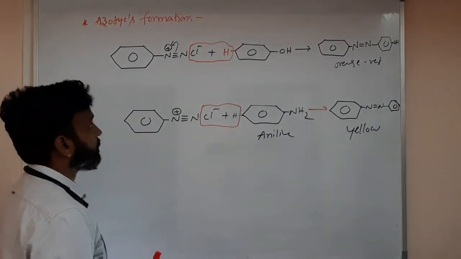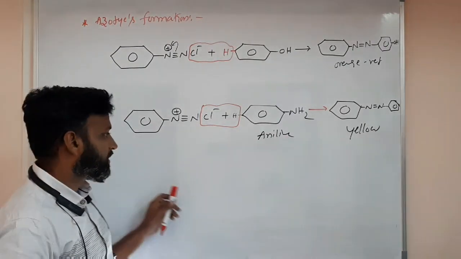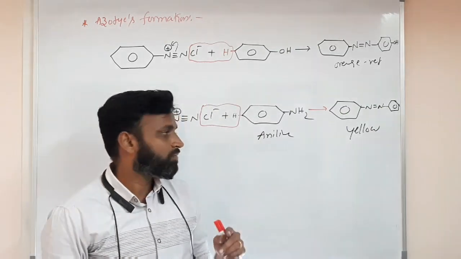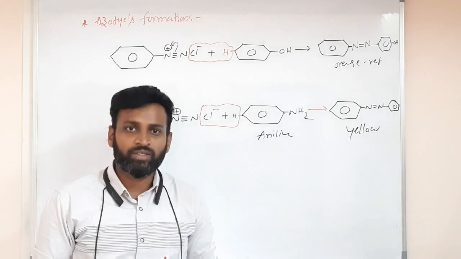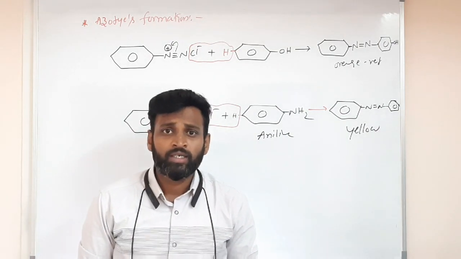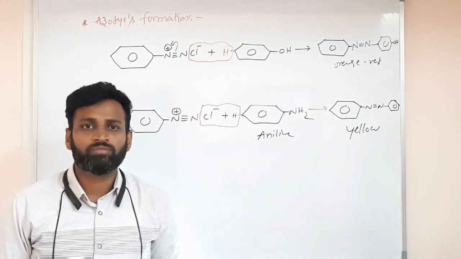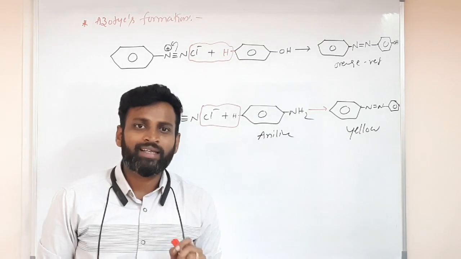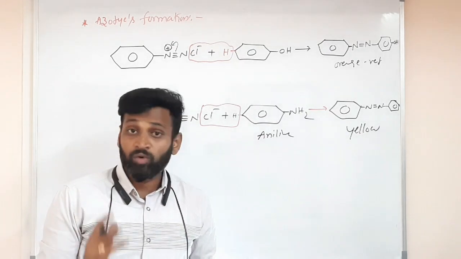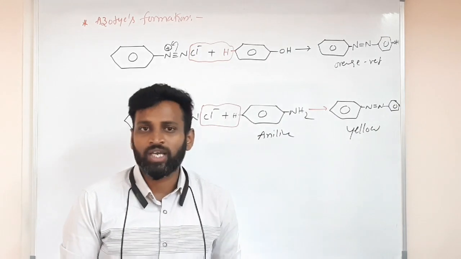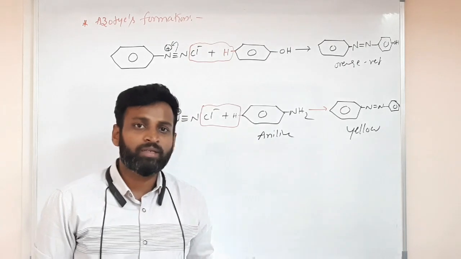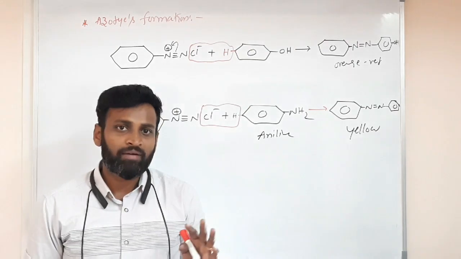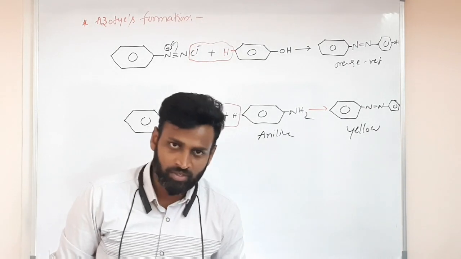So these are about diazonium salts. I said previously also that I'd start complex compounds, but next I'll freshly start complex compounds. I'll start inorganic chemistry chapters now. Only two chapters mainly there: one is P block and one is complex compounds. Then 90% syllabus can be covered. As I mentioned, these chapters maybe they will include or maybe not, but up to organic chemistry they will include, I'm sure. That's why, as I have a doubt about P block, instead of P block I will start complex compounds tomorrow.